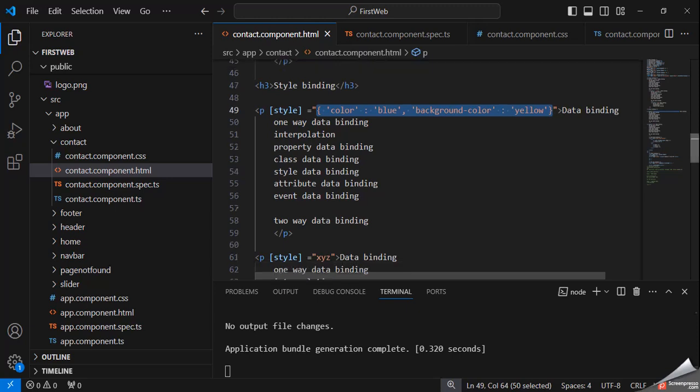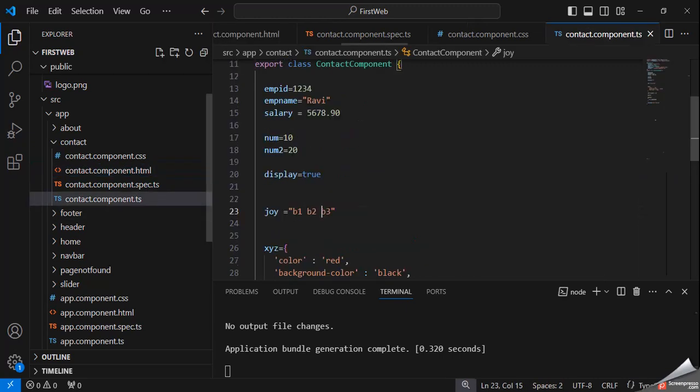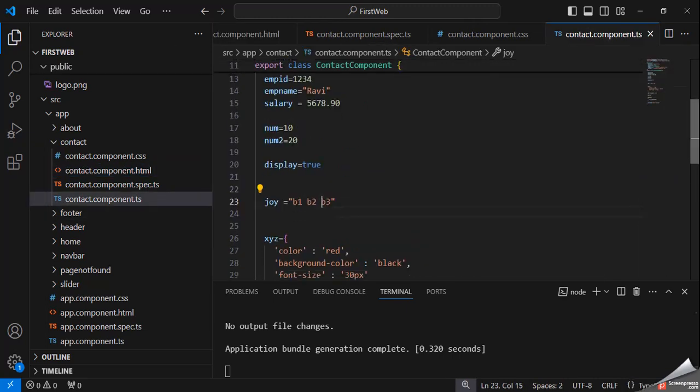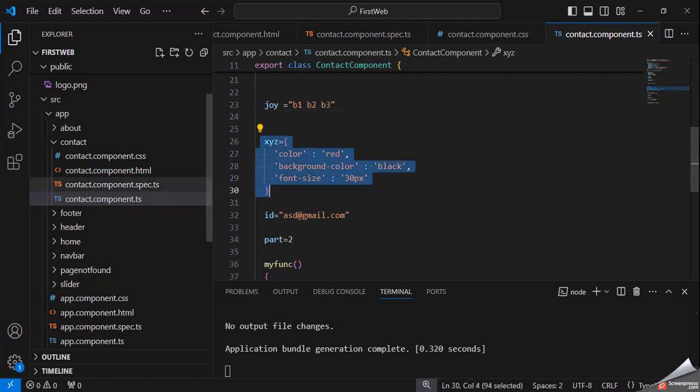But suppose you want to make it dynamic, so for this purpose you can declare a variable equal to style properties, like here I have declared xyz, and here you can specify it equal to xyz. Xyz is equal to color red, background color black, font size 13. As you like, as you need, you can specify the value of xyz, and you can see this, like color is red, background black, and 30 size.